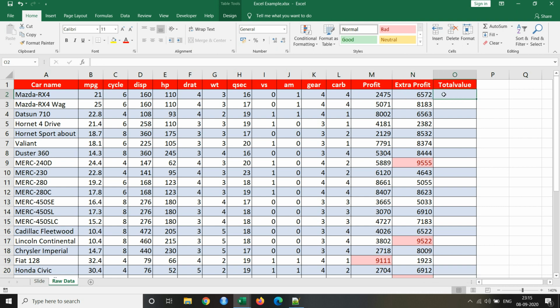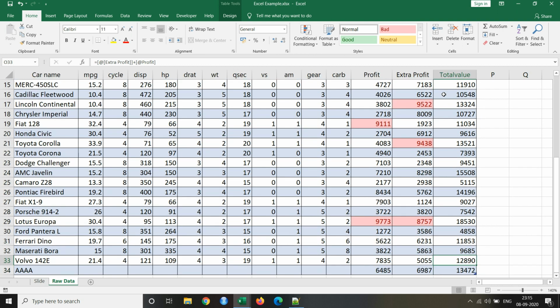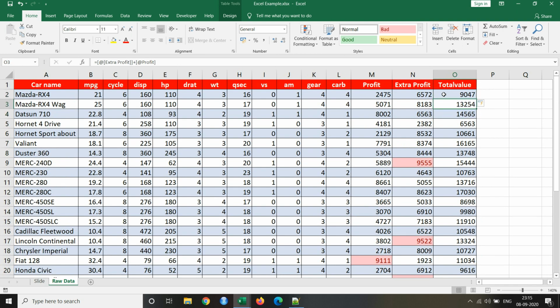Now, as I have told you, we have multiple ways of adding values. The first way is that you select the cells one by one for everything. Currently this is our table, that's why in each of these rows the formula is getting automatically incorporated, right? So the first way was that we took each cell one by one and inserted a plus sign between them.